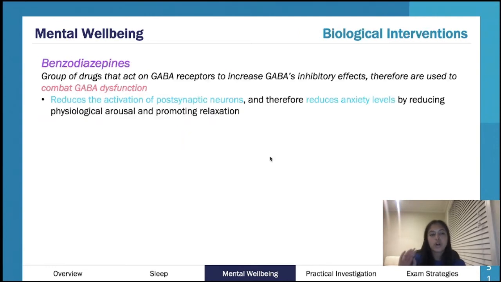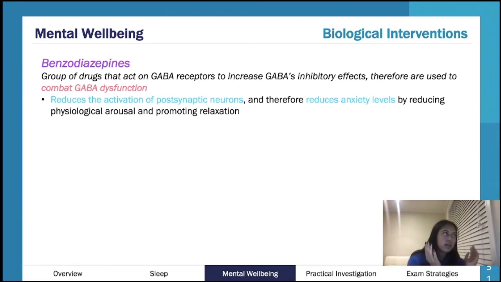Okay. So that is for your contributing factors. Remember, categorize them between your bio, your psycho, and your social. Now we're moving on to interventions. What's nice with specific phobia is that all of your contributing factors have a complementary intervention. One of our contributing factors was GABA dysfunction. One of our interventions is benzodiazepines, which basically fix the GABA dysfunction. So it saves you brain space. If you just remember one, you can remember the other.